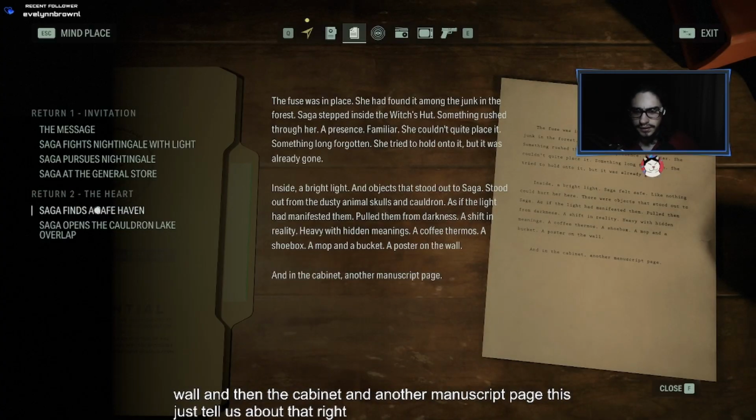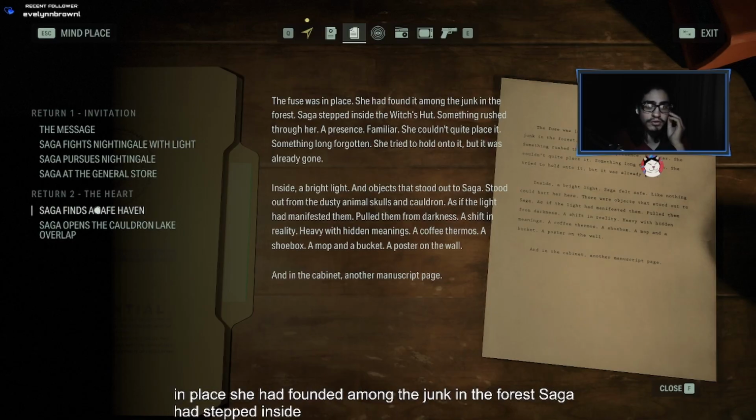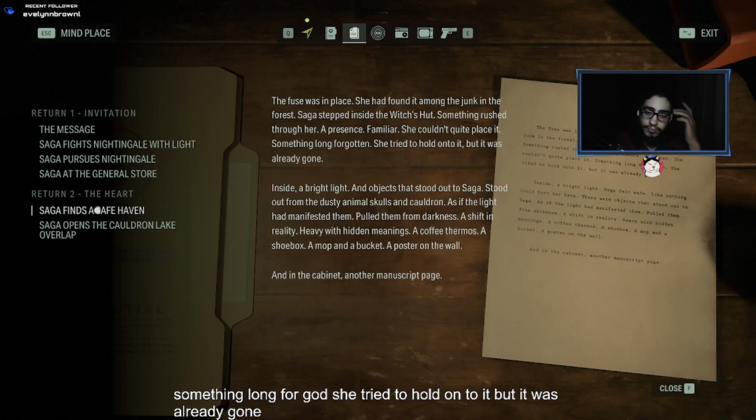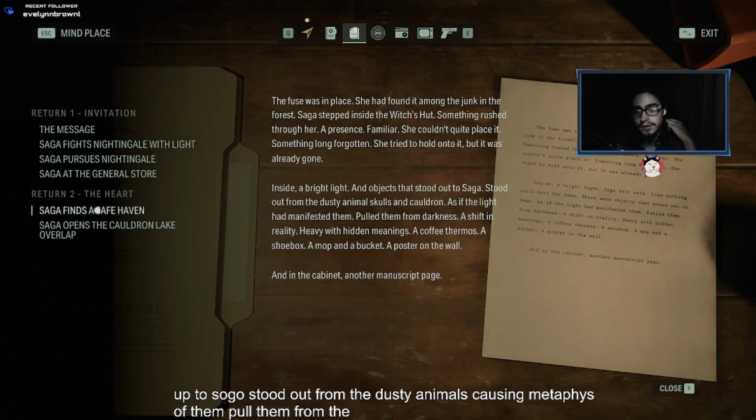He tried to hold onto it, but was already gone. Wait, what? The fuse was in place. She had found it among the junk in the forest. Saga had stepped inside the witch's hut. Something rushed through her. A presence. Familiar. She couldn't quite place it. Something long forgotten. She tried to hold on to it, but it was already gone. Inside, a bright light, and objects had stood out to Saga, stood out from the dusty animal skulls and cauldron, as if the light had manifested them, pulled them from the darkness. A shift in reality. Everything was...